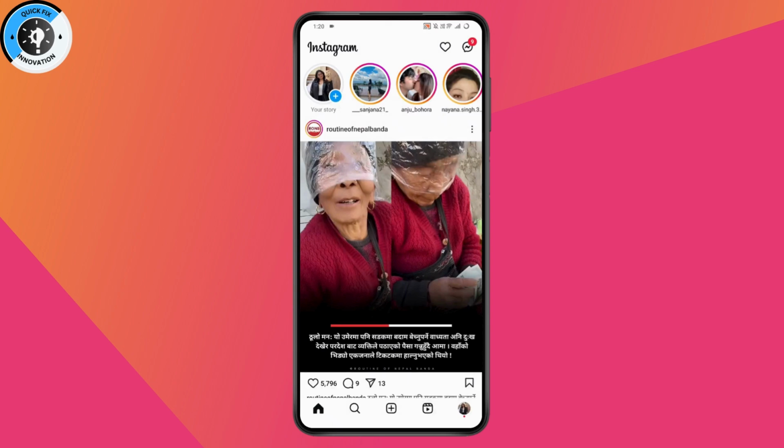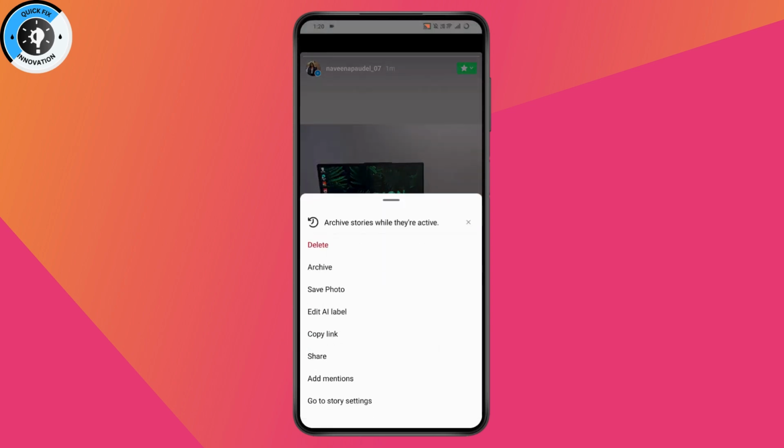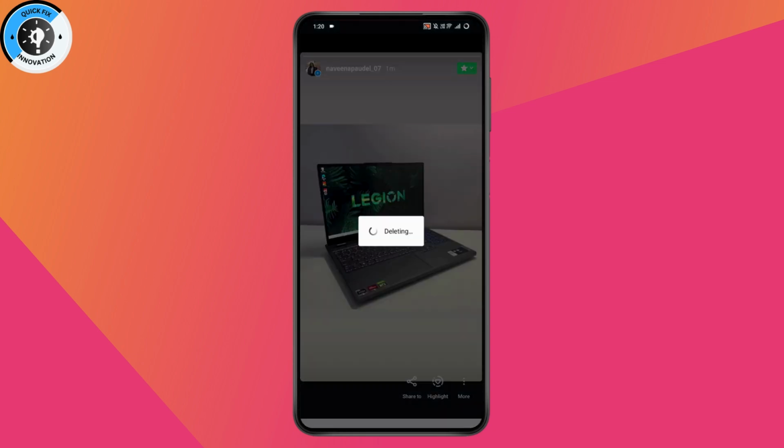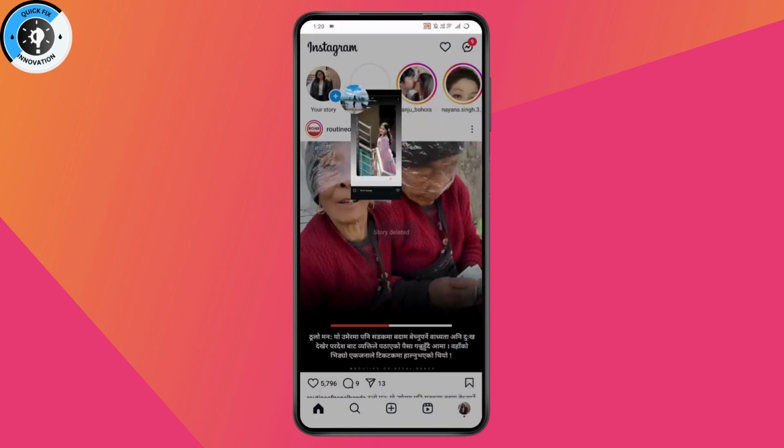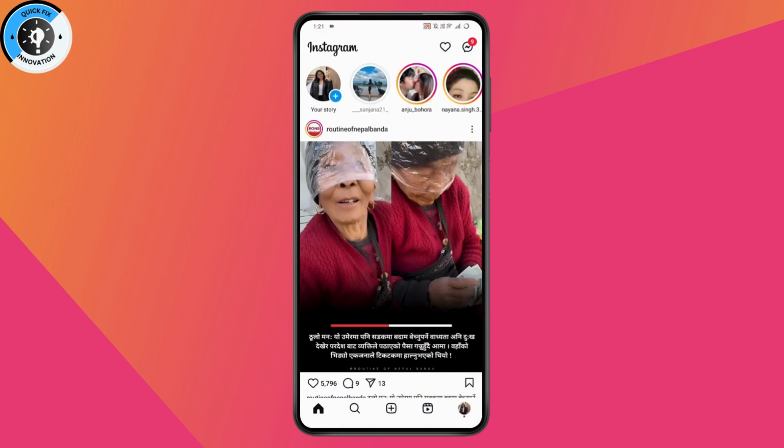So in order to edit the Instagram story, you just need to simply go to the bottom right, which has that 3 dots, and then tap on delete. After deleting the story, again go with the edited story and then post the new story. So that's it. That's how you can edit your